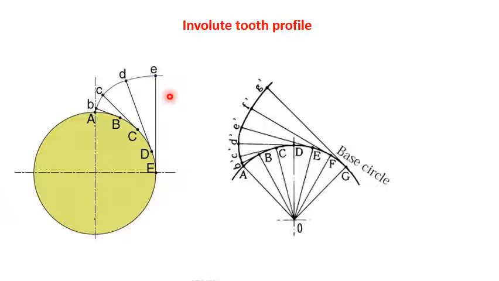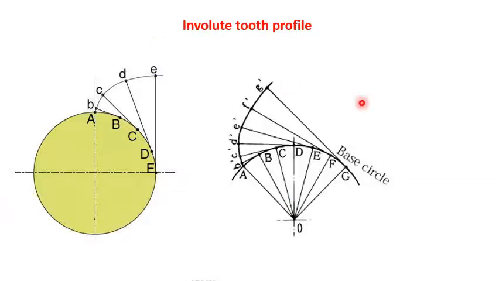So which is perpendicular to this radius line. This AE is perpendicular to the radius line. The point E finally reaches to this small e, correct? It reaches to small e, passing through the points A, B, C, D, E. The curve AE is known as the involute. Okay, this curve AE is known as the involute. So the same thing is there in the second diagram.